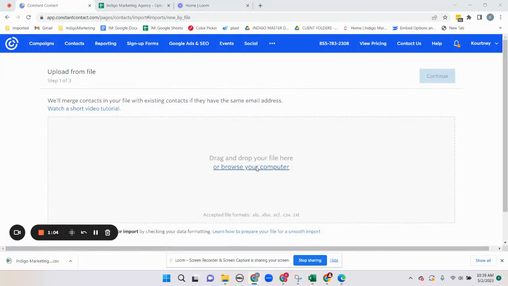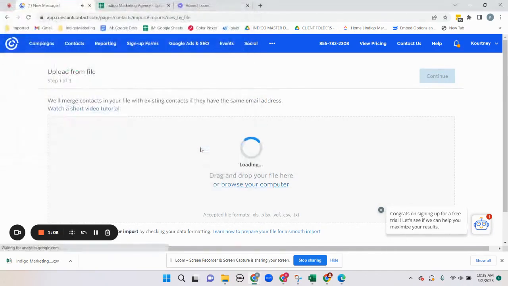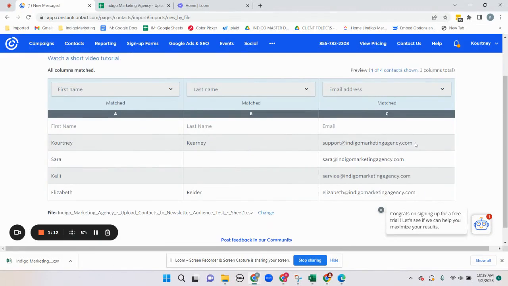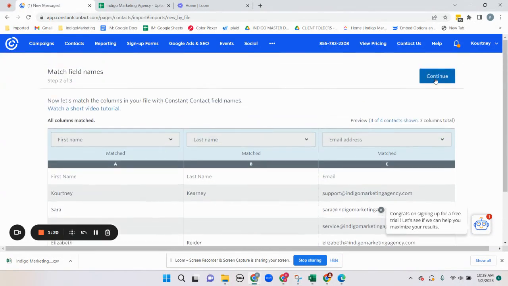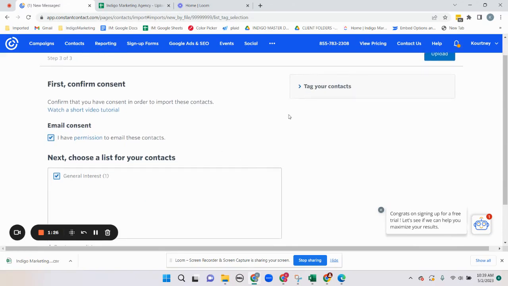So you find the file on your computer and load that, and it will give you a preview of what that data will look like. It gives you the option to change what the data is matched to in Constant Contact. But if everything looks great, you just hit continue, and then I have permission. If you want to tag these,